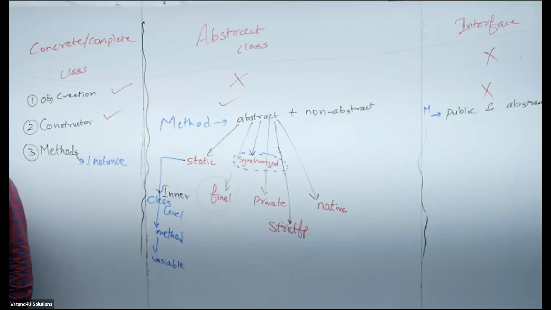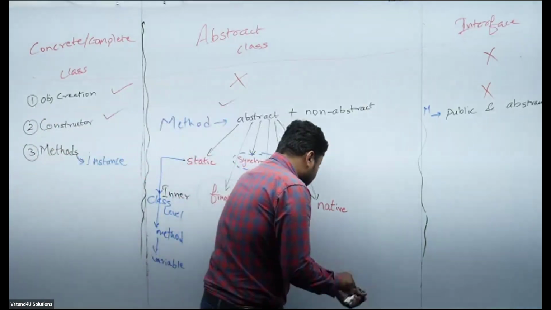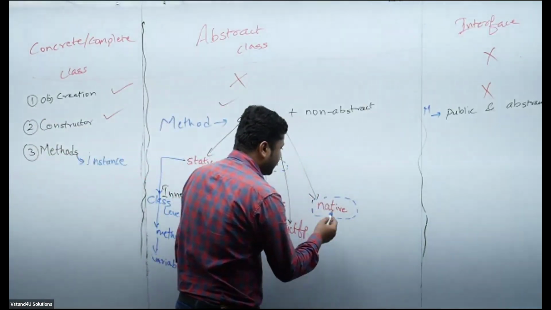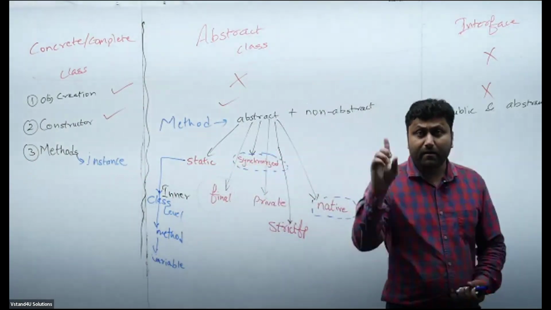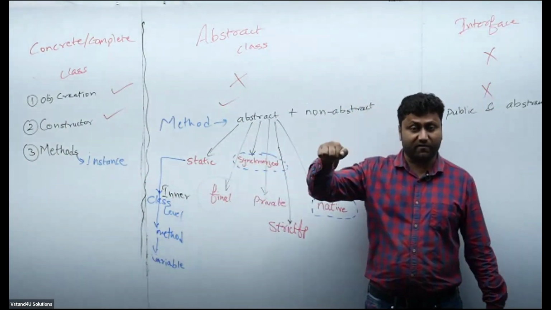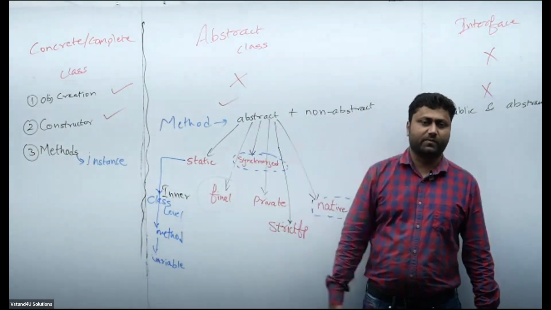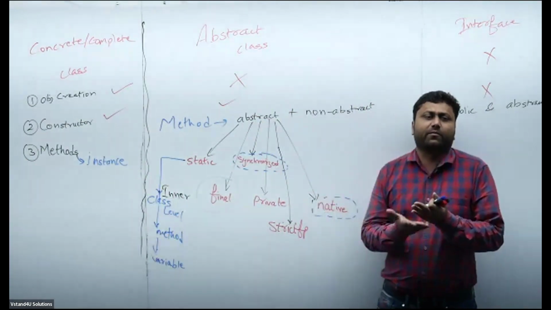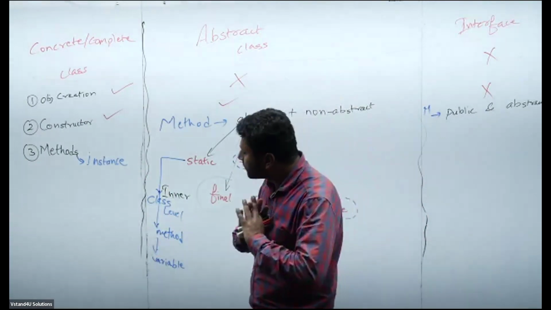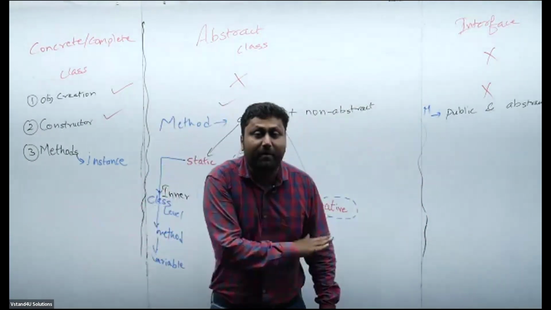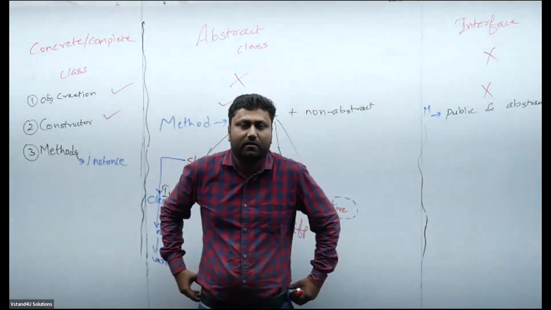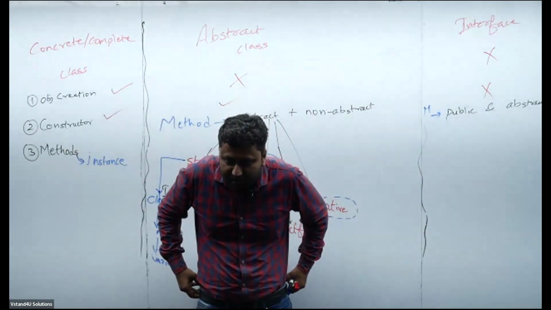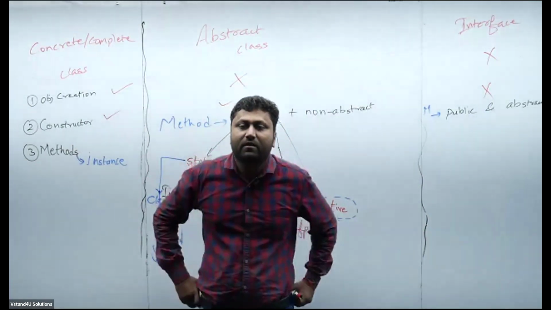Moving forward, native. Very important. What is that native? Native means the method implementation is not written in Java, rather in C or C++ like languages, where underlying platform communication is happening. Java is not supposed to do any communication with the underlying platform, else Java will become